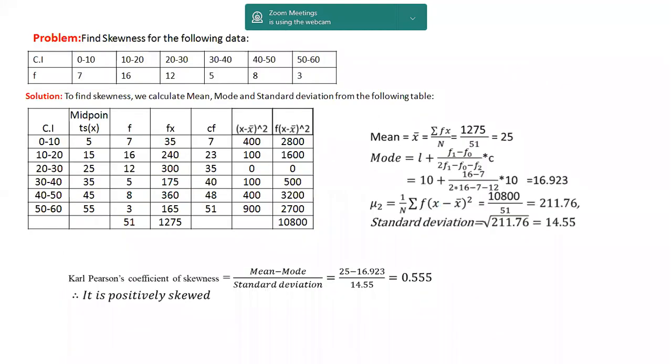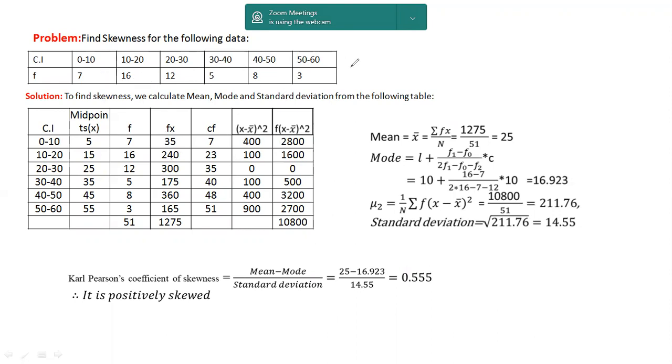So here is the example. We already know this process, so here we are doing it just for simplification. You know how to calculate the moments, and using the moments also you will get this. Otherwise, we are calculating mean, median, mode, and standard deviation for the given class interval or grouped data.